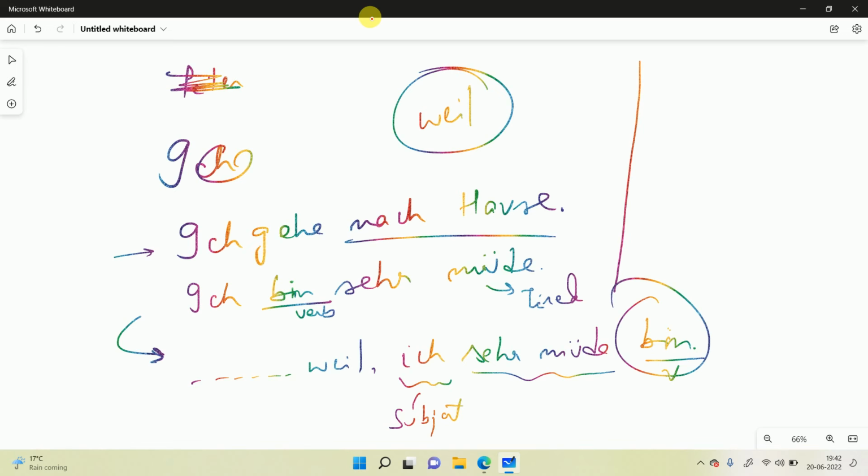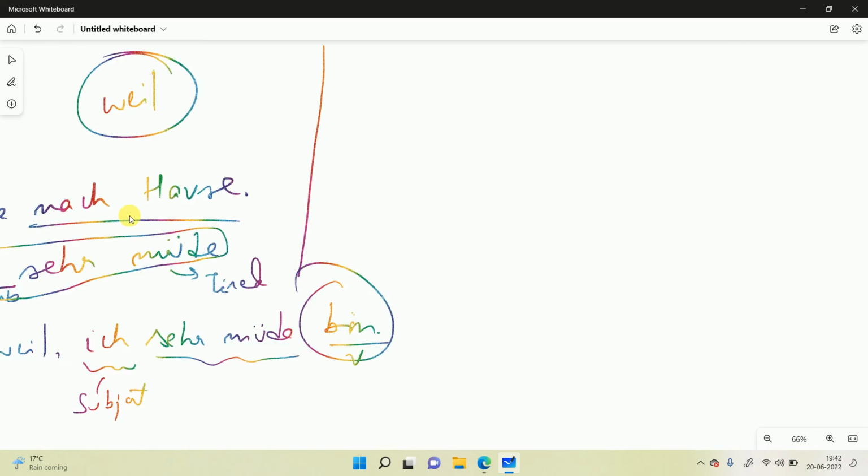It's a little bit complex, I understand, but just see, in this sentence you have to find out the verb straight away. And fortunately, there is no modal verb, so you need not worry. At least I will not be offering you any sentences with modal verbs right now. So, ich müde bin. Right? So, with practice, you will understand. So, it takes time.